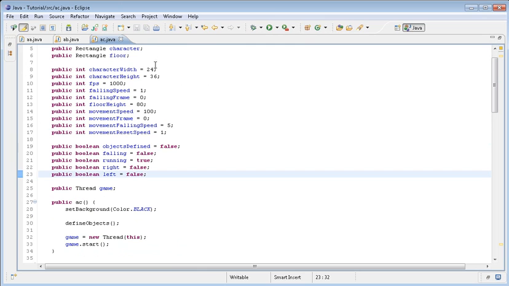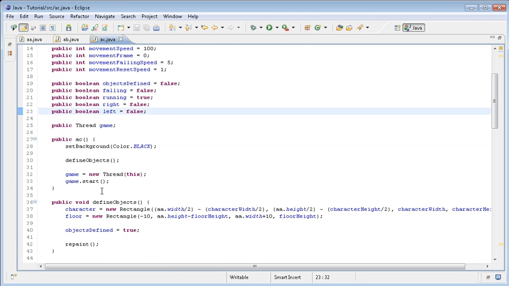So now we would like to add some keys for this game, and that's the last thing I'm going to do here. And then in the next tutorial, we're going to care about jumping. The jumping feature is going to be awesome. So what we would like to do is that